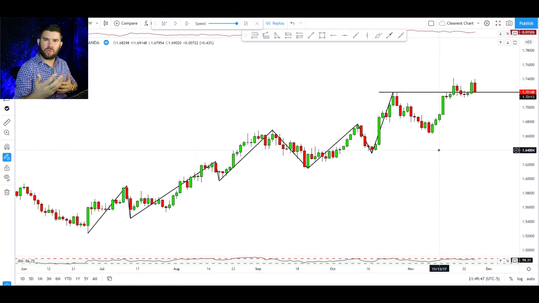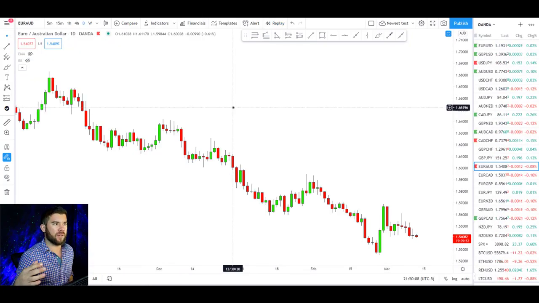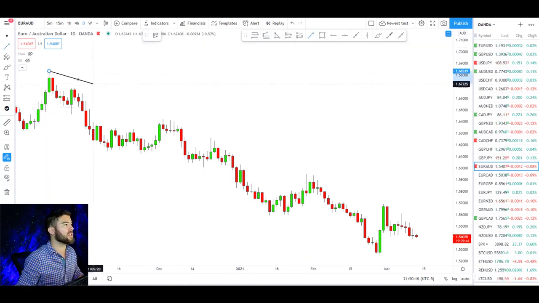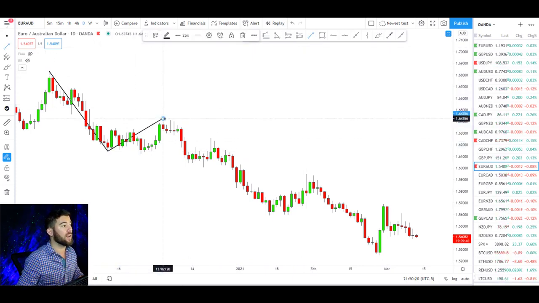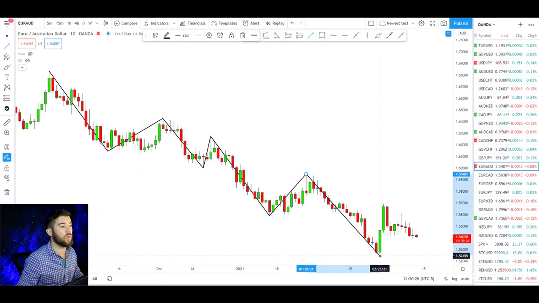Let's now switch the script, flip the coin, if you will, and take a look at downtrends and how to identify those in order to make more accurate trading decisions. So if for an uptrend, we are looking for higher lows and higher highs, what do you think we're looking for with a downtrend? It's the complete opposite, right? We're looking for a starting point here, then we're looking for lows, followed by a lower high, followed by a lower low, followed by a lower high, followed by a lower low, followed by a lower high,